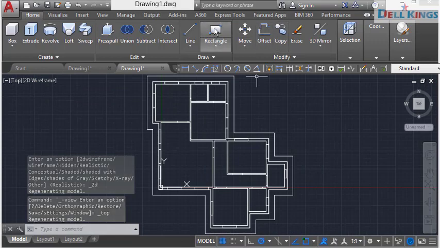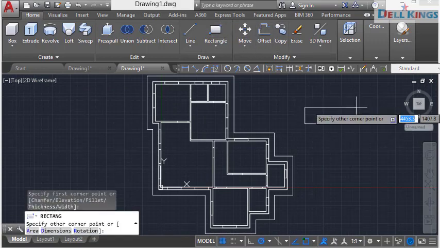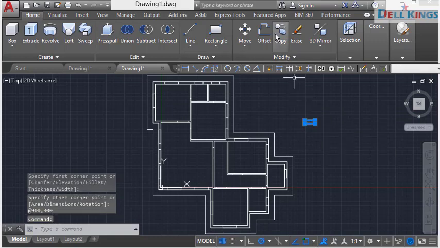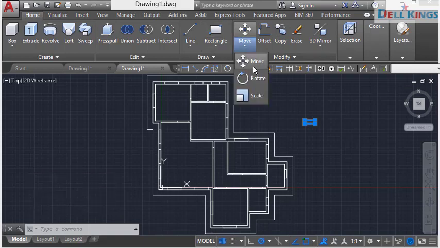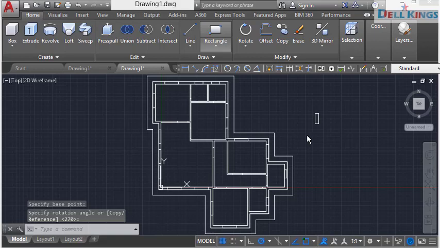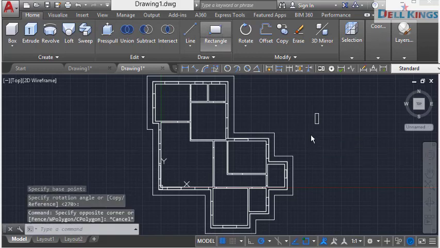So now we are going to draw another rectangle for the door, which we are going to cut out. So select the rectangle and type in the dimension 900, 300, and press enter. So now we are going to copy this. So select copy. First we are going to rotate, select rotate, and rotate this way. Now repeat rectangle again for the second door and enter dimensions of